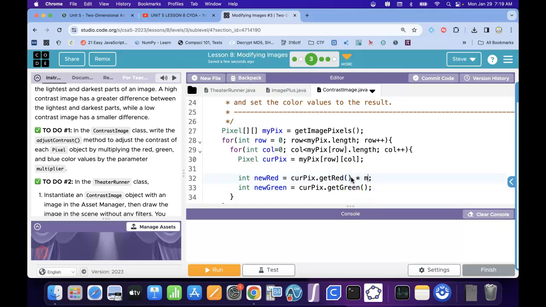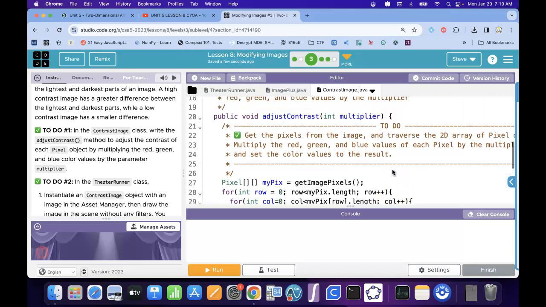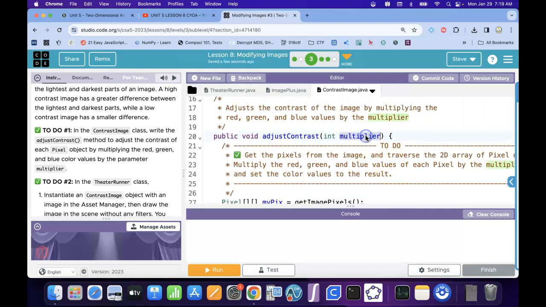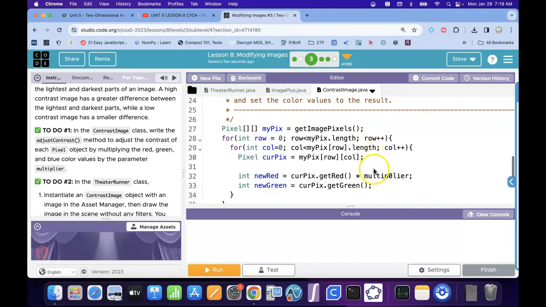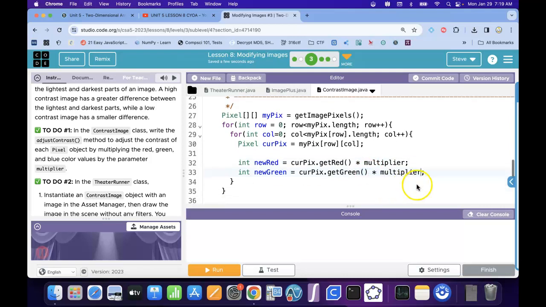So times the multiplier that is up here in the, if I just copied it, then I wouldn't have spelling errors. And then we have our new blue. Int new blue is the current pix get blue